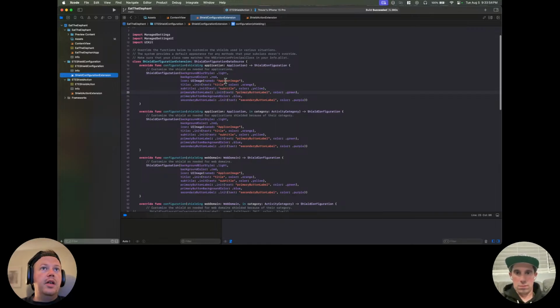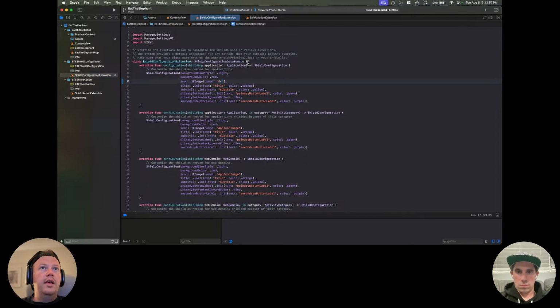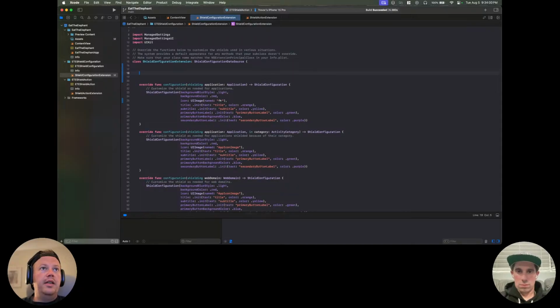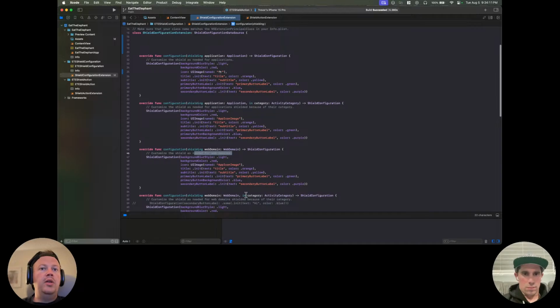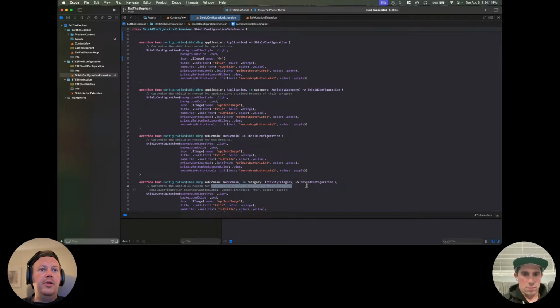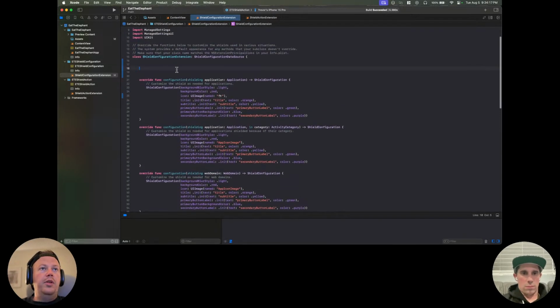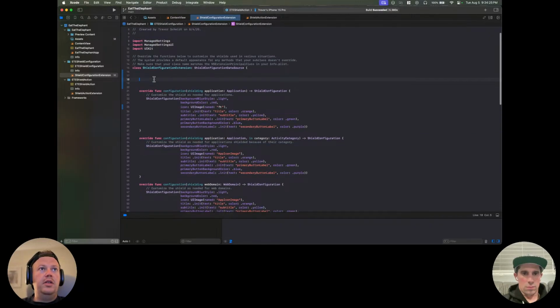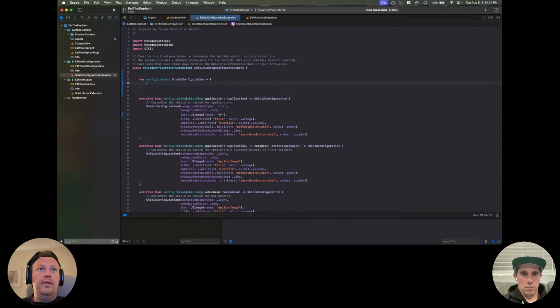And in this, I'm going to try to use that. This is a class that they've created, and it looks like it's allowing us to pass this view for when an application is opened, or an application because of the category, or a web domain, or a web domain because the category is open. I think we won't really customize any of these. So instead of copying and pasting the same thing in all of these, I'm just going to create a var configuration, make it a shield configuration, and have it equal to